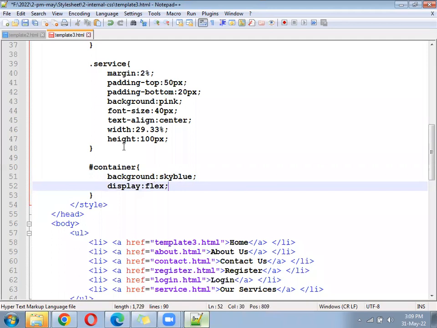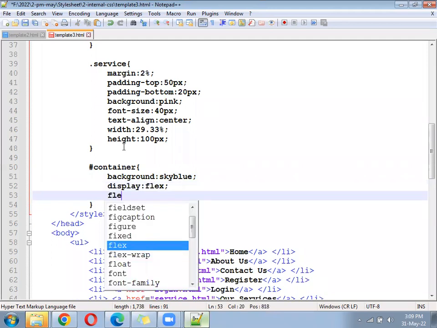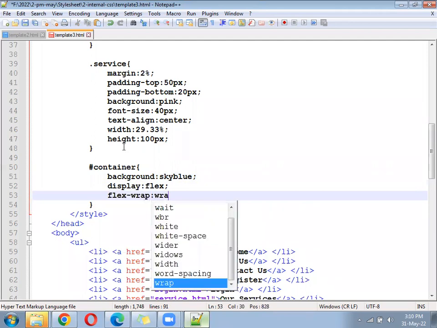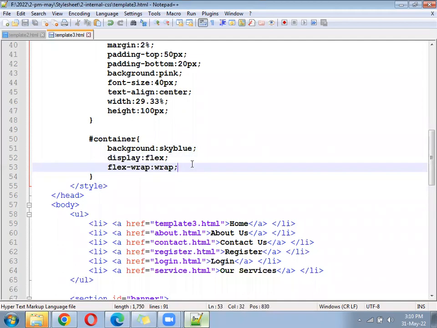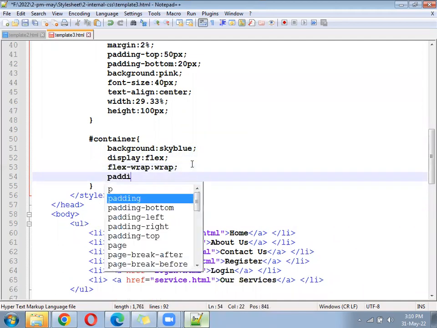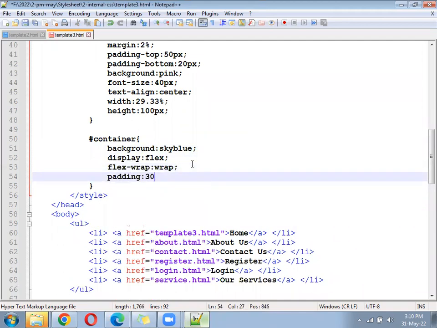Flex-wrap. Next, after that, padding. 30 pixel you can give.